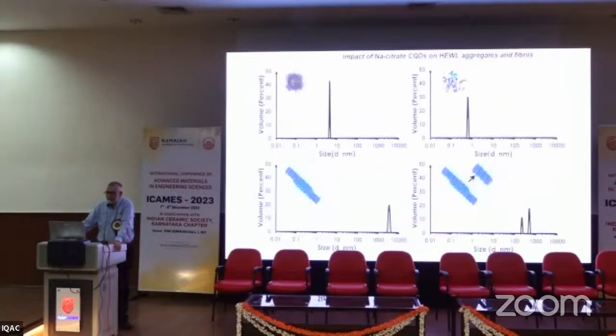Well, we have DLS, right? So A, top left is your carbon quantum dot, top right, NA white lysozyme. At the bottom left, we have a mature lysozyme fibril. Look at the size of that beast. It's about 8,000 nanometers. Look what happened when we added our carbon quantum dots. It immediately started breaking down the fibrils. Now, this is a one-time deal. You can't be satisfied. You have to do what's called a dose dependency in every experiment and a time dependency. But we were excited by that.